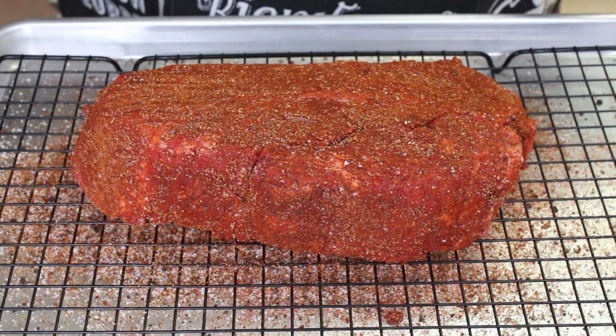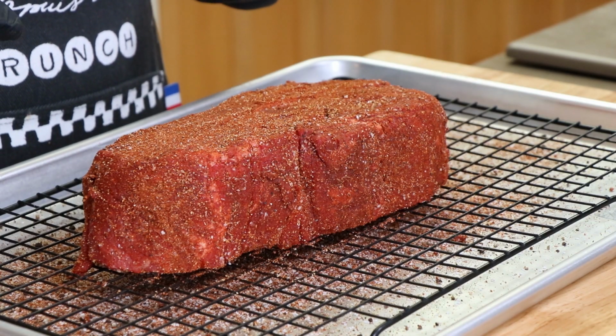You don't have to. I would leave it in at least a couple hours just to sort of absorb some of this rub, but I've got the time, so tomorrow we're going to take this out of the refrigerator and we're going to take it out to the Weber Kettle and smoke it up so we can have these barbecued beef and bacon sandwiches. So our chuck roast has been in the refrigerator overnight with that great rub on it,